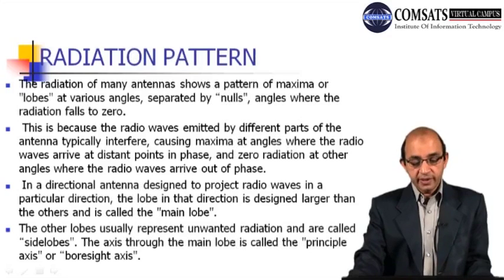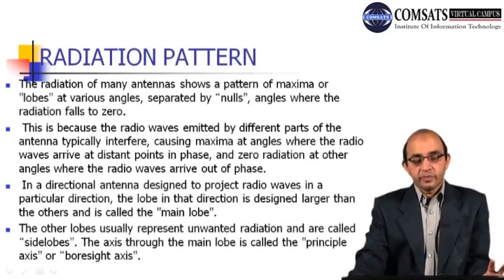One of the patterns is for maxima. In order to represent the maxima, the angles at which the maximum radiation takes place, we have loops for maxima at various angles, and they are separated by nulls, the angles where we have zero radiation. So the reason for these maxima loops and the nulls, or zero